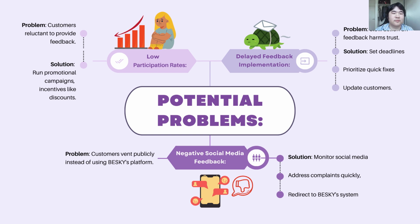In conclusion, this feedback system can be an important step for Bsky. It will improve customer satisfaction, enhance our brand reputation, and help us become an industry leader in social responsibility. With a clear plan, the right resources and solutions for potential challenges, we are confident this system will be a